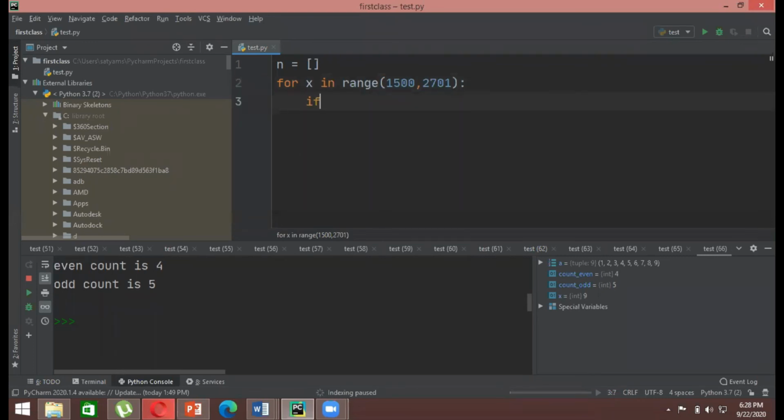Now we can run our loop saying that if x modulus 7 is equal to 0 and x modulus 5 is equal to 0. Now we are using AND because the number that we want in the output should satisfy both of the conditions, right? It should be true in both the conditions. It should be divisible by 7 as well as a multiple of 5. That's why we are using AND here.